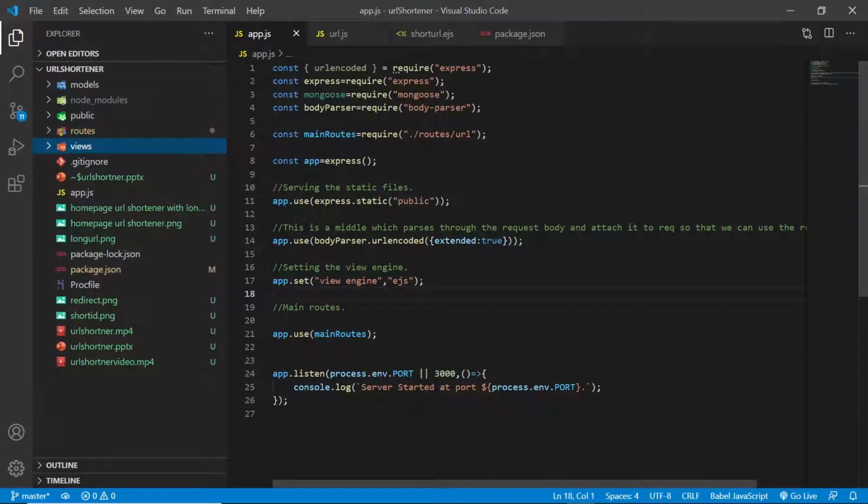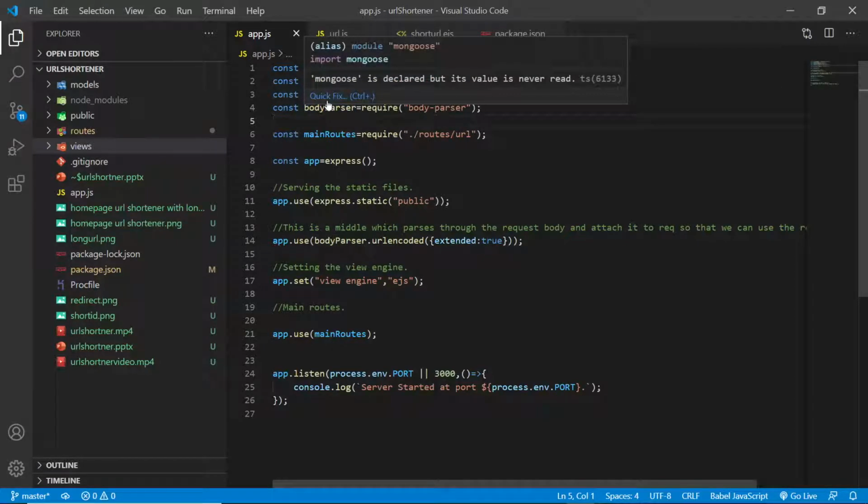Okay, let's understand it from our main app. Here we need to import Express. So we have imported Express and Mongoose and the body parser.